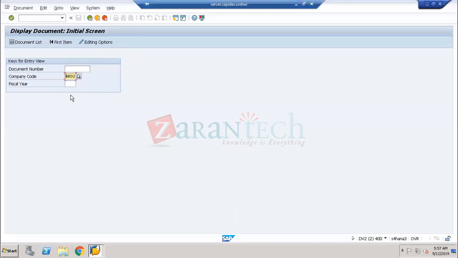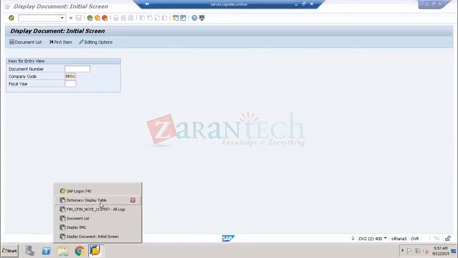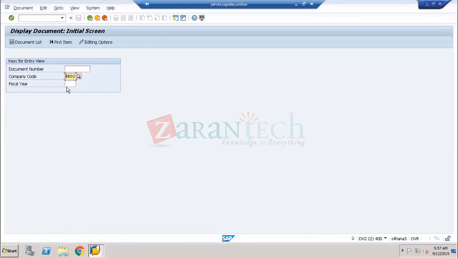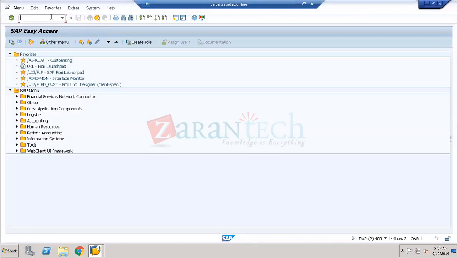See here, for example, this is the source system, sir. EPX is nothing but your source system. In EPX, I see the company code RK02. If this RK02 is not configured, and I go to the basic settings now, I'm in DV2. DV2 is nothing but your central finance system. For example, SPRO,